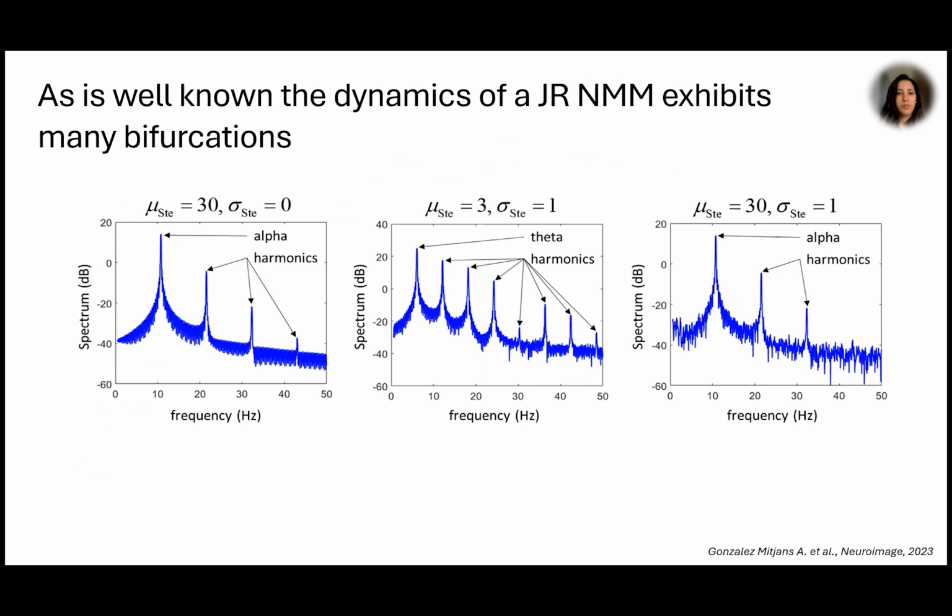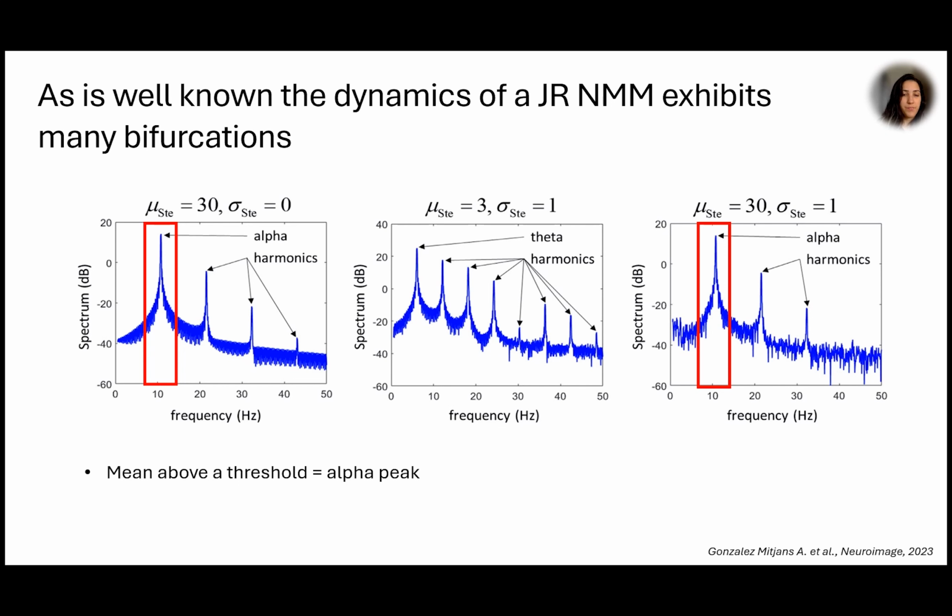This figure shows changes to the Jansen and Rit output spectrum when the input parameters to the stellate cell are modified. As seen, oscillatory activity is reflected in spectral peaks that depend critically on these parameters. When the mean of the noise input is above a threshold of 25, regardless of the standard deviation, a clear alpha peak appears, and